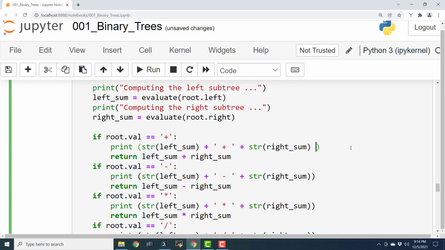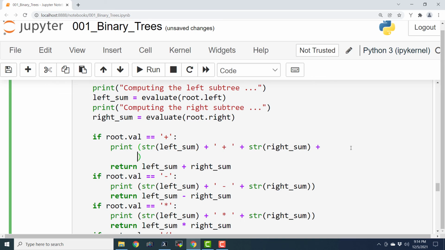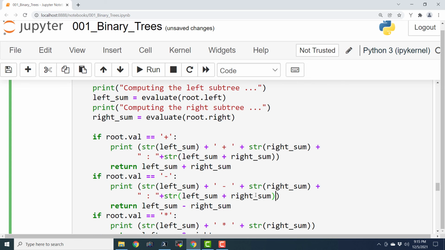Here I'm going to add plus str of this thing. I'm just going to copy this as it is and paste it.